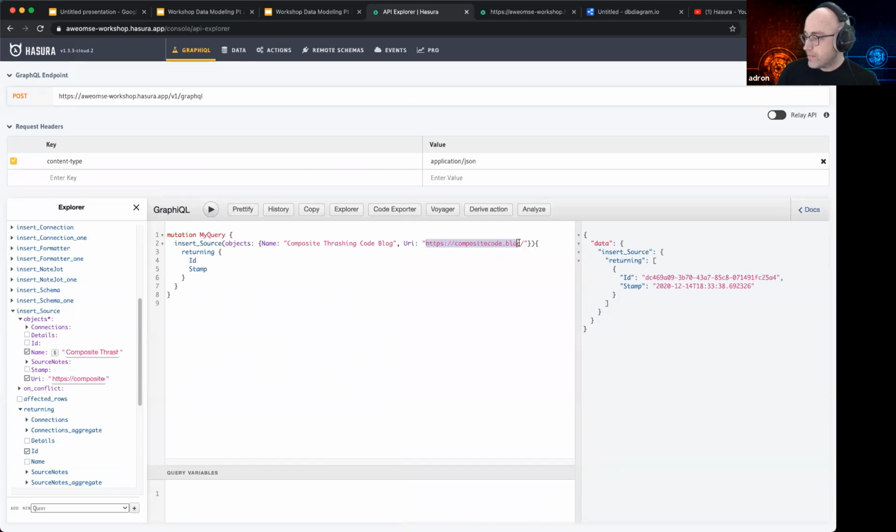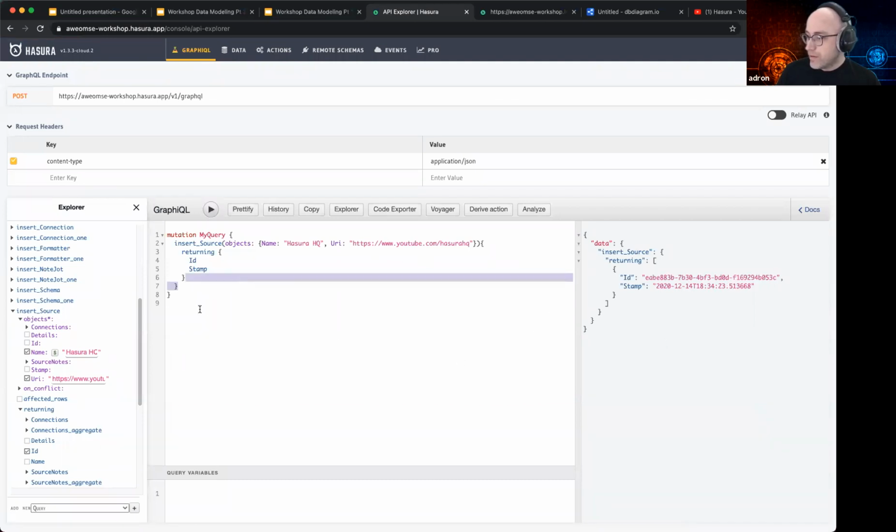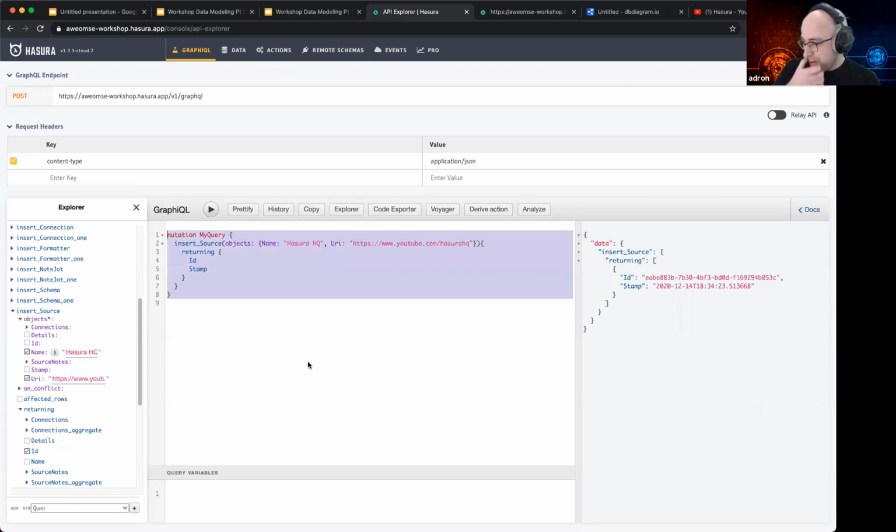So now we have a few records. And boom, new ID, new stamp. So that's great. So now let's take that ID here